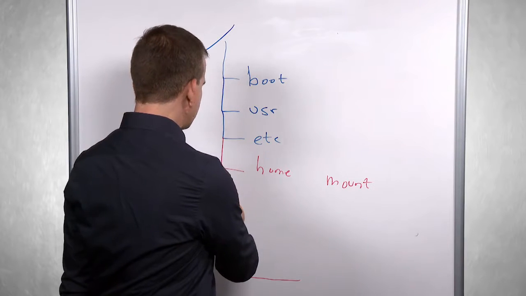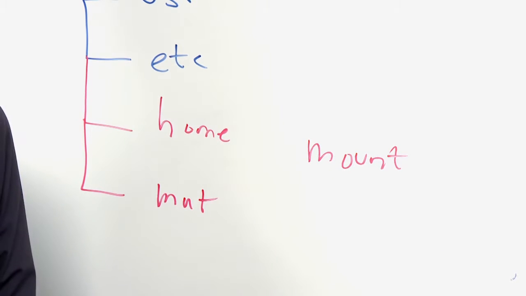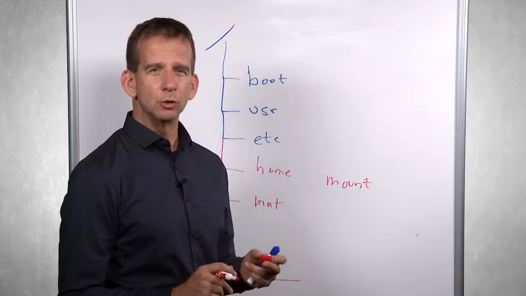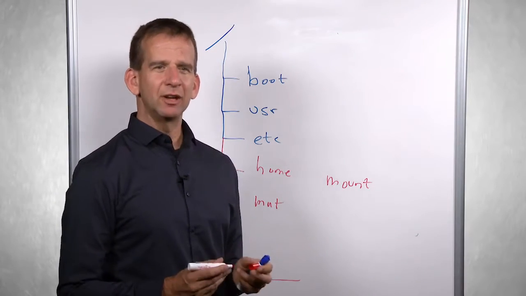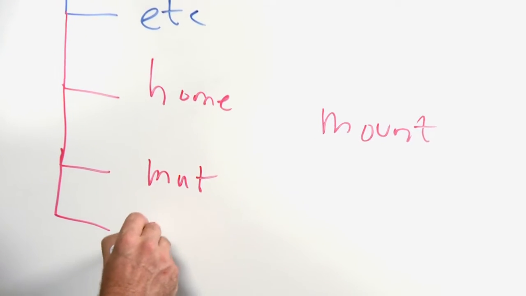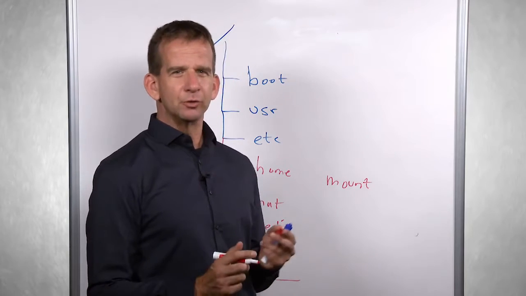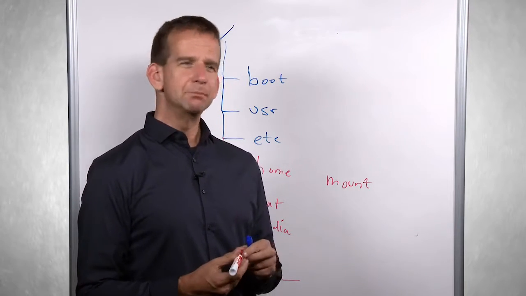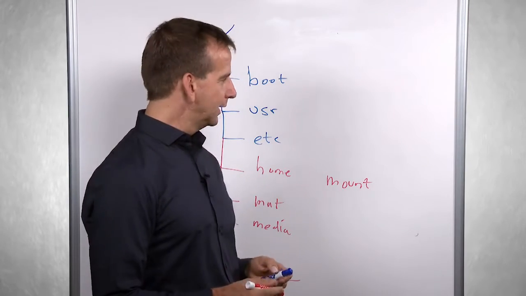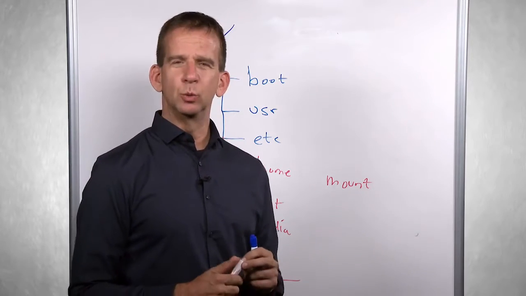And let's add one more directory, which is mnt. mnt is typically what you could use as an administrator if you want to mount something manually yourself. I will explain in a later lesson how you will do that. And okay, one more directory, which is media. Because if you insert an optical disc in your computer, it will normally get mounted automatically in the media directory. And this is basically the idea that I want you to have before starting to work with the Linux